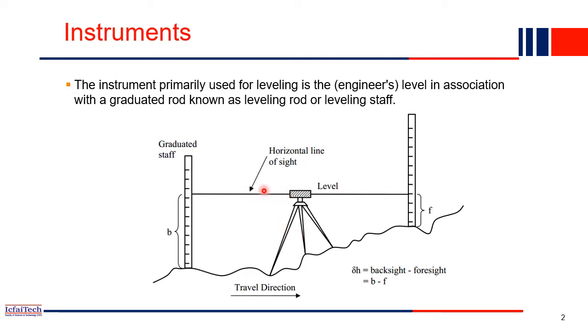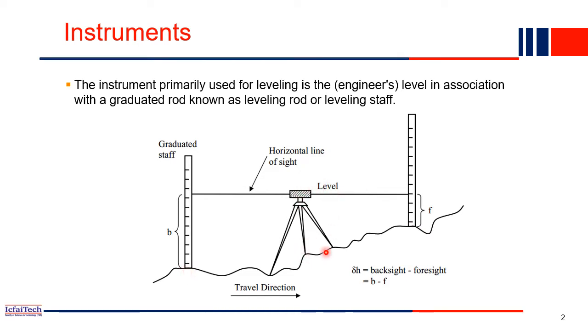Basically, if you see, this ground is not a flat ground, right? There will be undulations in the ground. Whenever we take a measurement, this point may be in a valley, whereas this point may be on a hilltop or at the hillside. In that case, what is the vertical distance between these two points? You find that out using this instrument called the level, right? How? Initially the instrument will be set at the middle of these two points. We have to find out what is the level difference between this point and this point. That is our main objective.